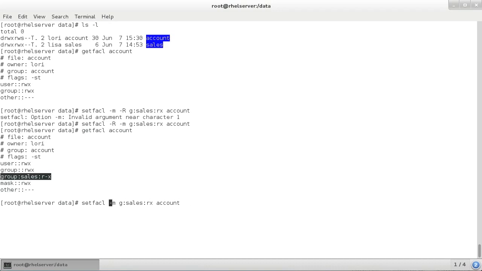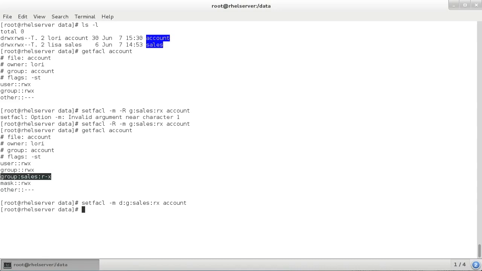I'll take away the -r because I don't use default ACLs because I don't want it to be recursive, and add the d:. You see it's just a 4-letter difference. The rest of it you can leave as it is. This will take care of the current permission in ACL settings on the account directory, and it will be inherited to any items created in this directory.